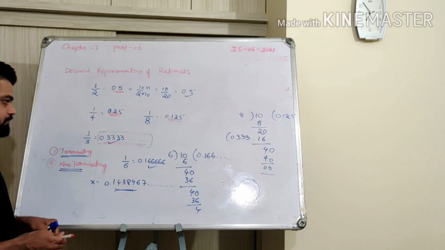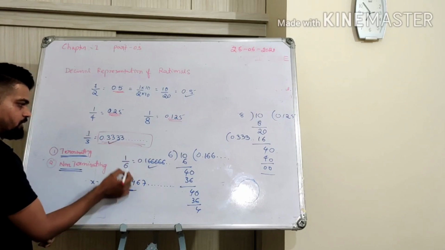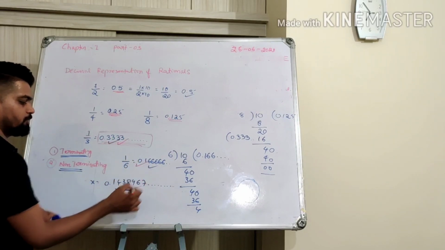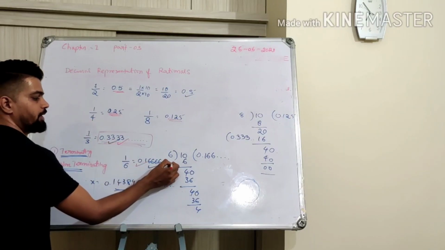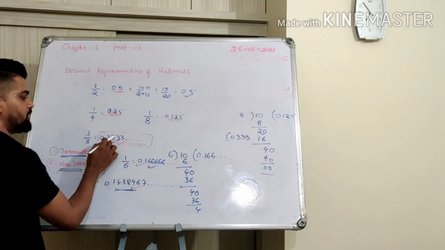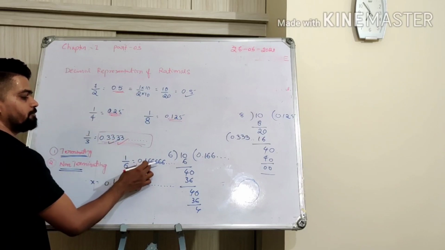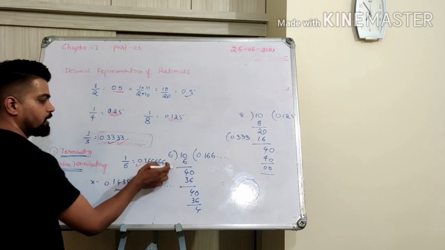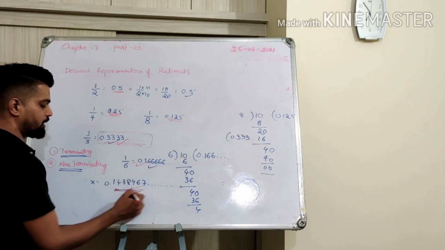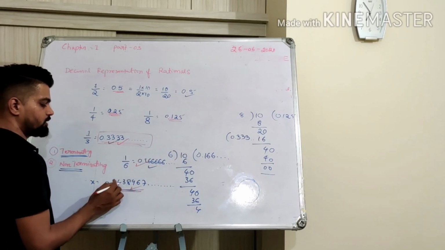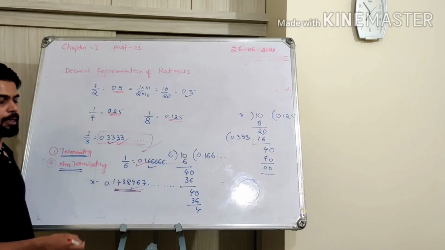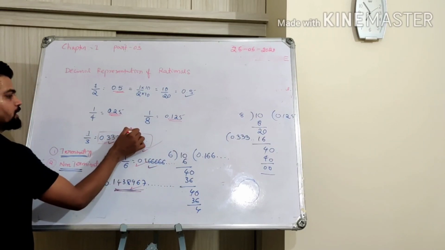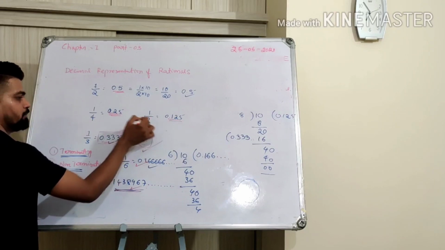Can you see? All three are non-terminating decimals, but in these two, I can tell what is going to come next. Here 3 is repeating forever, here 0.1 is not repeating, but 6 is repeating forever. So you can tell what is going to come, but here there is no repetition, right? So this is also non-terminating, this is also non-terminating, but this is a non-terminating repeating number.